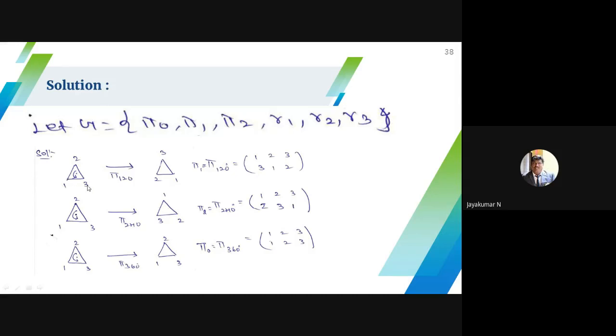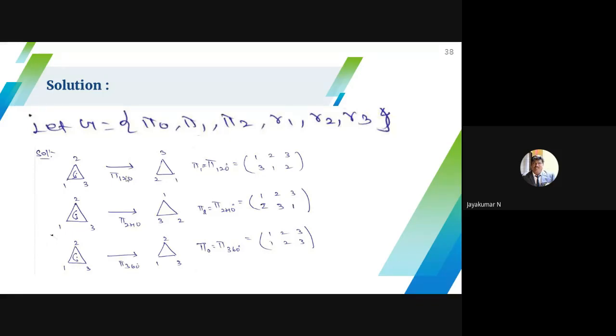That is one move on to here, three move on to here, then two move on to here. Okay, clear? Then I can write one move on to here, two, three move on to here, two move on to here. So I have to represent this motion by permutation. How do you write it? There are three entries, 1, 2, 3. So I write here. Then you have to see right to left.